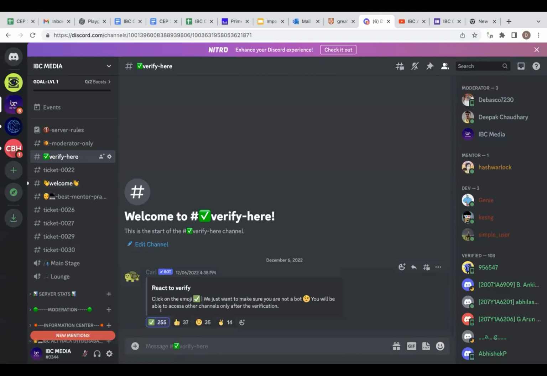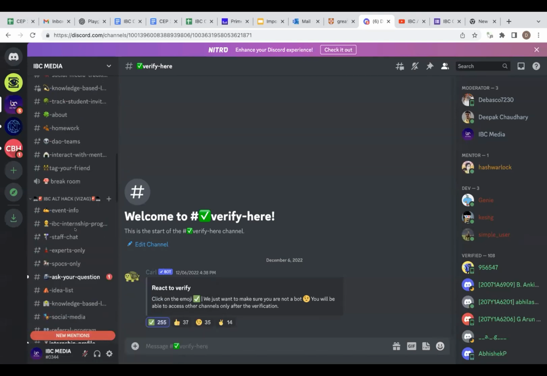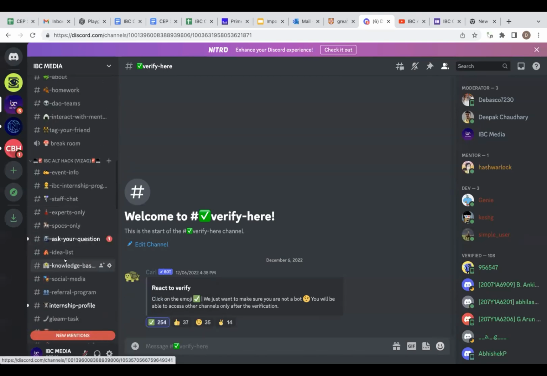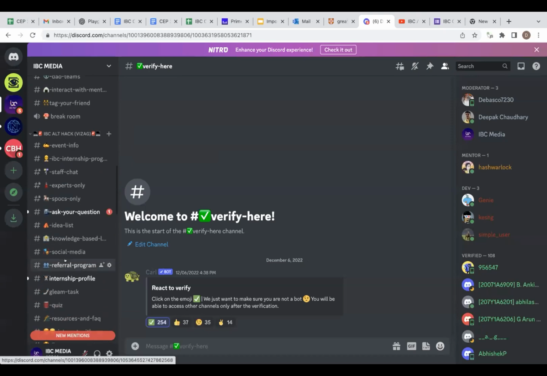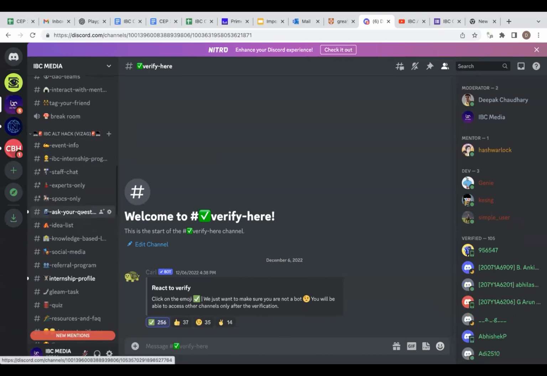So make sure that you verify yourself, and once you verify yourself, you'll start seeing a lot of things on the left. So right now when we're talking about CEP, the IBC Alt Hack 3 CEP, it's basically for the students who are there in WISAG, and of course at the same time everybody else who may not have been part of WISAG, but they can simply come and join with us. All you need to do is